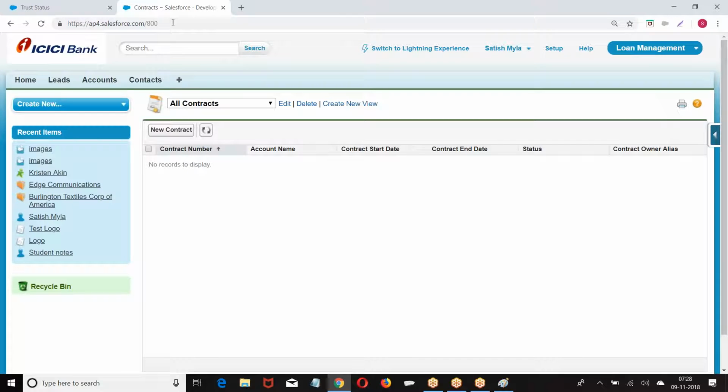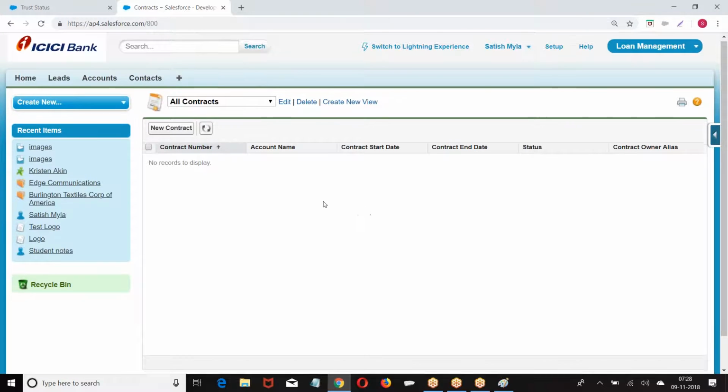So, every object was given a 3-character code. Based on the code, Salesforce will recognize which object it is. So, every object, let it be standard or custom, is internally assigned a 3-character unique code. That unique code lets you recognize the object on which we are working. Right. Next. Fine.